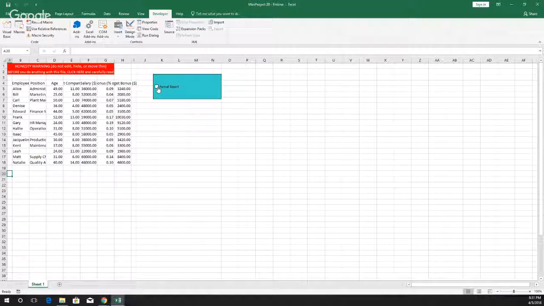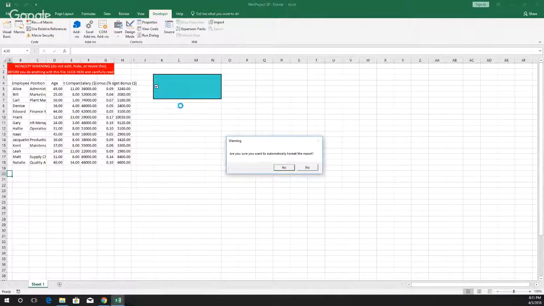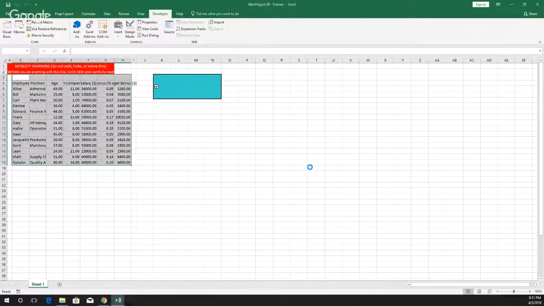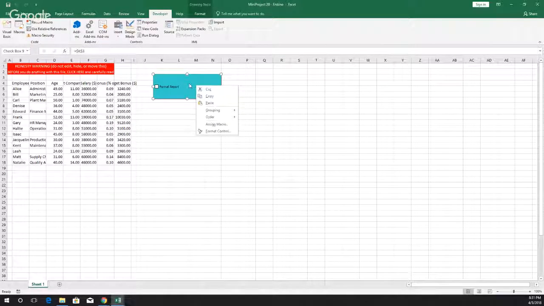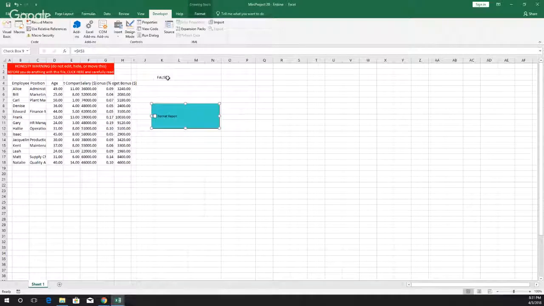But they also want you to make it so that when this box comes up, if you click no, it stays like that, and then this little checkbox goes away, the check mark. That was the hardest thing. You have to link this checkbox to a cell, and then you can make it so that